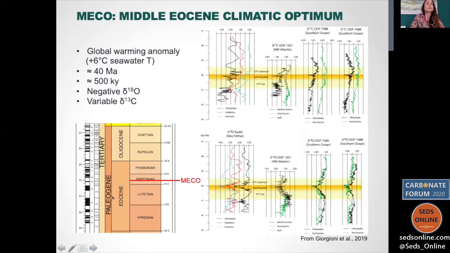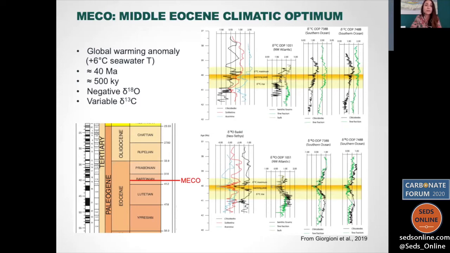Okay, so in the study of global warming events, it's important to understand how the Earth responds to these events and thus to create models for future climate impact. In this framework, MECO is an outstanding event because it's a global warming anomaly where an increase of up to 6 degrees of seawater temperature has been recorded in several sites. This event happened around 40 million years ago and